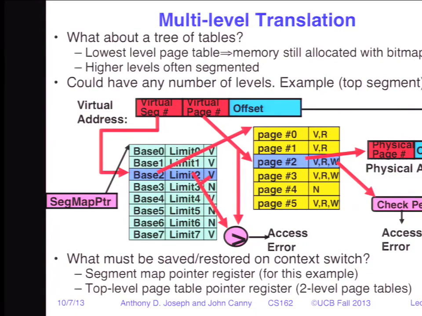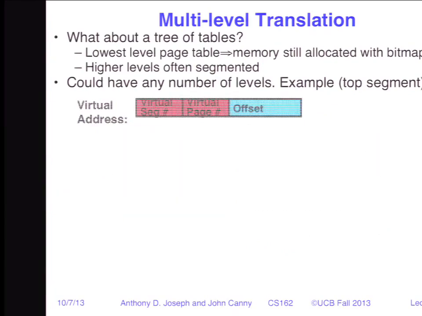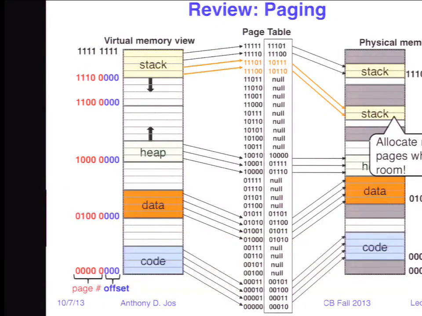Yes? So what's the benefit of multi-level translation? So again, if we go back to this example, the challenge here is this table is a contiguous table, and the size of this table is it has to have one entry for every page that we could have in the virtual address space. So imagine we have a 64-bit address space, so 2 to the 64